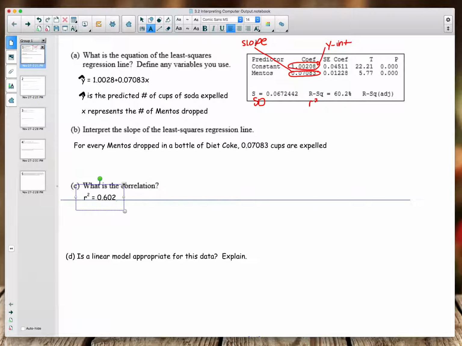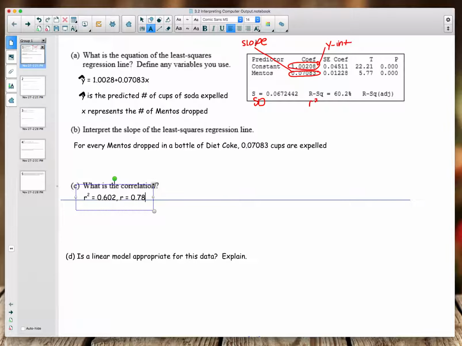So take the square root of that to get your correlation, which is your r. So r squared is your coefficient of determination, while r is just your correlation. So take the square root of 0.602 and r equals